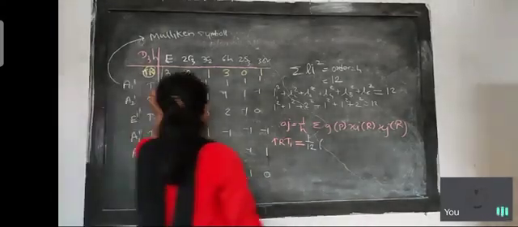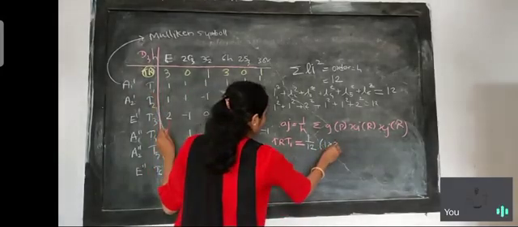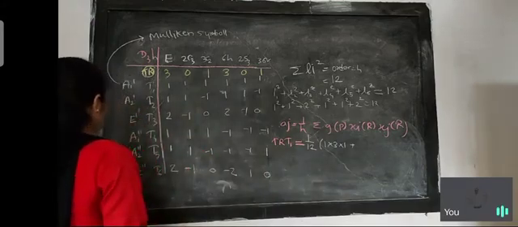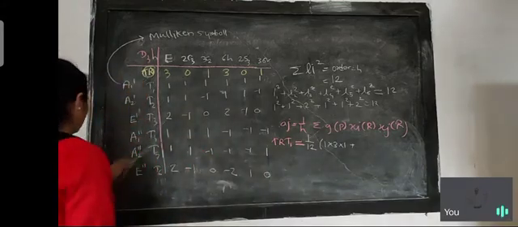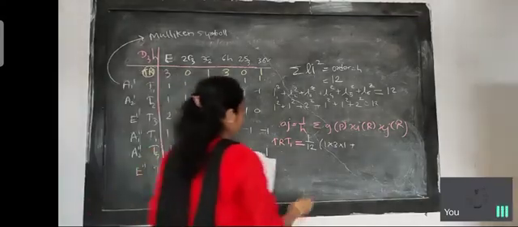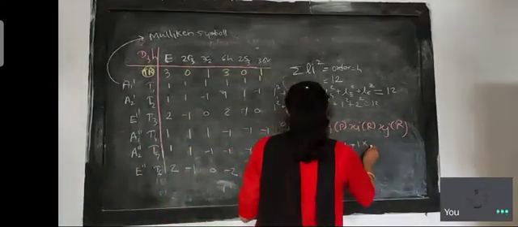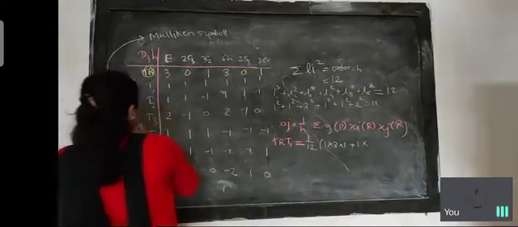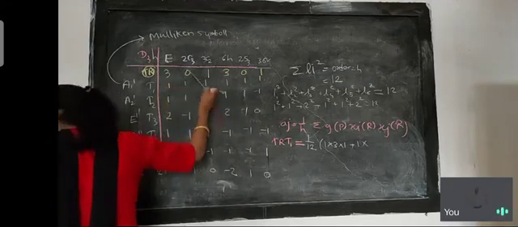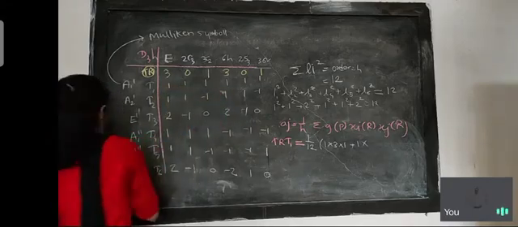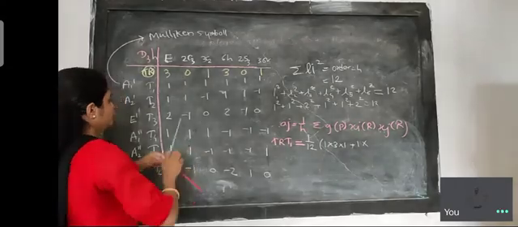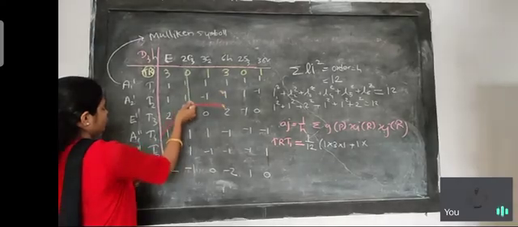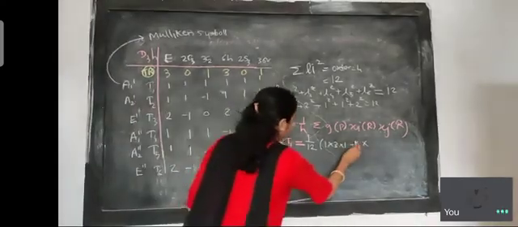Okay. See here 1 into 3 into 1, plus 1 into 3 into 1. Okay. Again 1 into 3 into 2. See here. The next is 2 into 0 into 1. You have to find out the product of this. Okay. You have to find out the product for tau 1. 1 into 3 into 1. Then 2 into 0 into 1. See here. 2 into